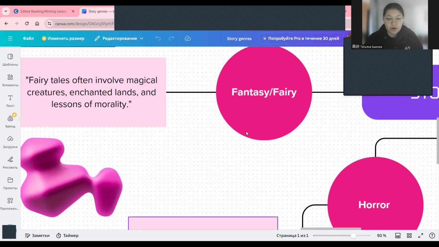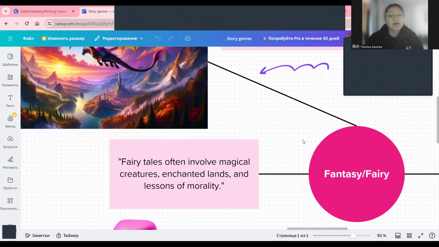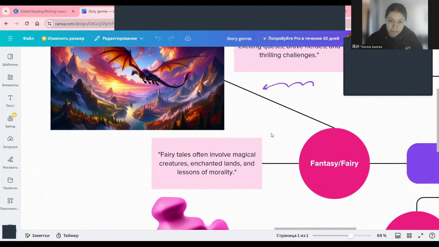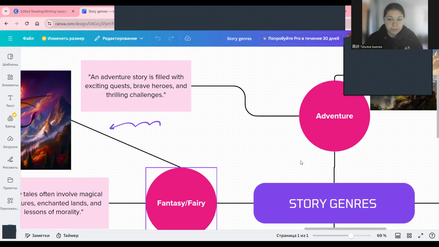I hate horror stories. Fantasy. I am also keen on fantasy stories. Fairy tales often involve magical creatures, enchanted lands, and lessons of morality. Actually, fantasy and adventure can be put together, like fantasy adventure stories or fairy adventure stories.